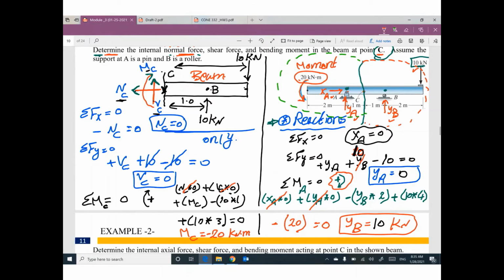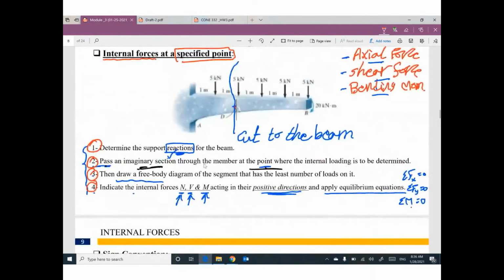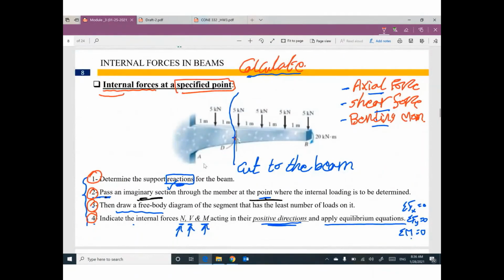So guys, finally, I concluded that at point C, we have normal equals 0. At point C, we have shear equals 0. At point C, we have moment equal 20 kilonewton meter. I am done. So, what we are covering today, we are covering how to calculate the internal forces at one specific